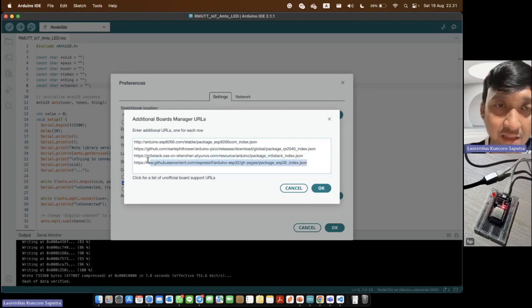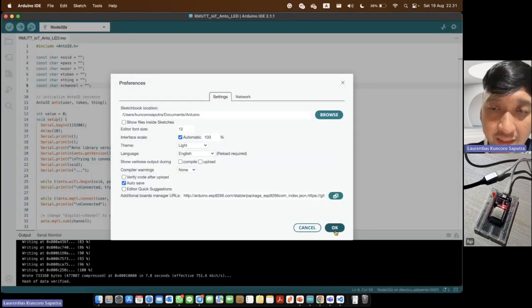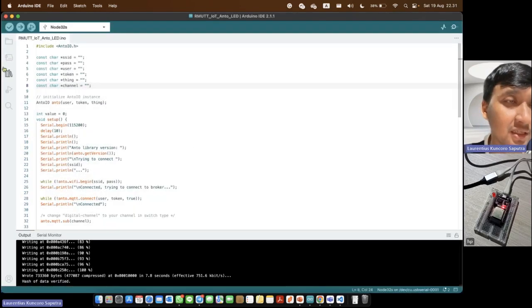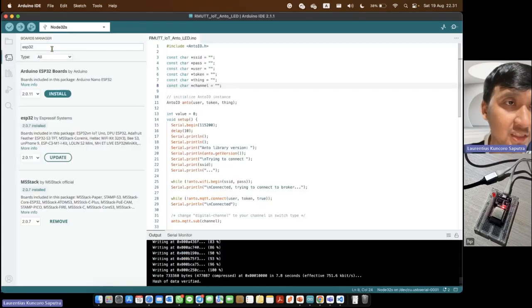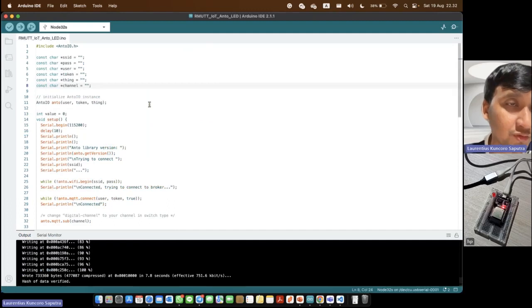This one. After you add the additional board manager URL, you click OK, and then you can find that board here in the board manager. Okay, let's move to the code.